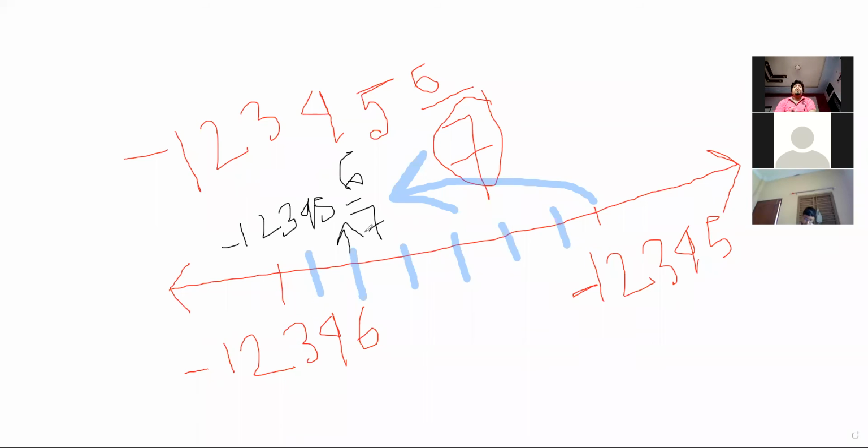Okay, no need to write all the points. If you write from 0, so 0, minus 1, minus 2, minus 3, minus 4, minus 5, minus 6, writing and writing you will grow old. Your hair will turn gray like mine, with a beard and all, and people will call you grandpa, some will call you grandma, right? We don't need to become grandpa or grandma so soon. So we have to write the 1, 2, 3, 4, 5 point, and the next one 1, 2, 3, 4, 6. Understand, everyone?